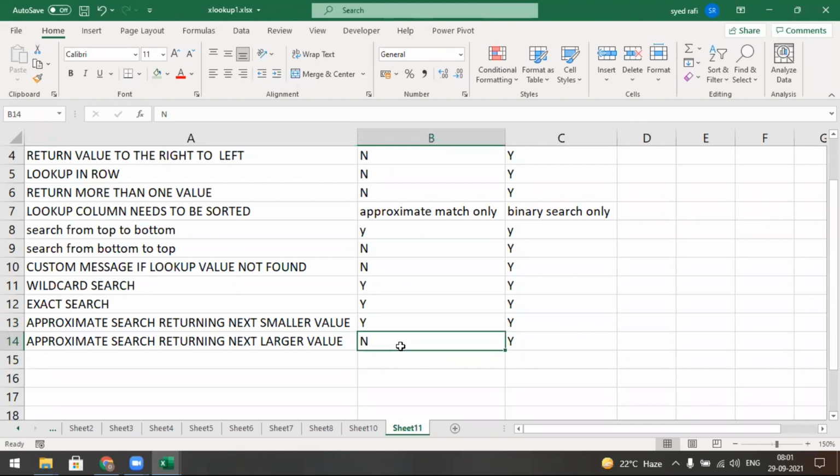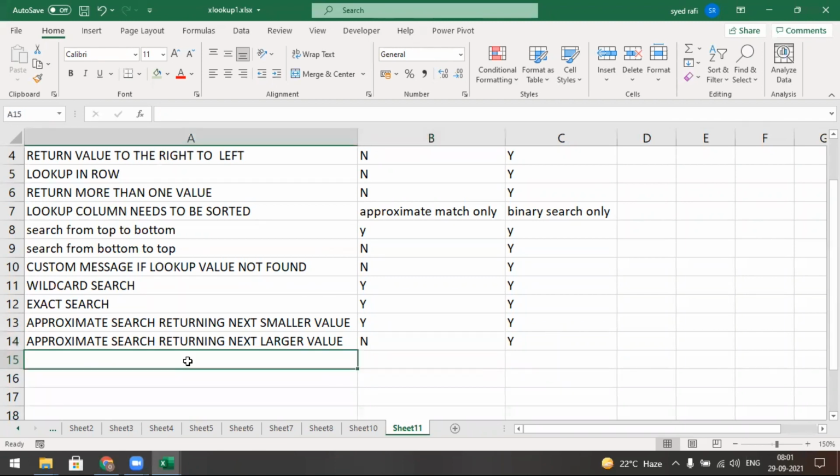That's why we mark VLOOKUP as no and XLOOKUP as yes. I hope you can understand.